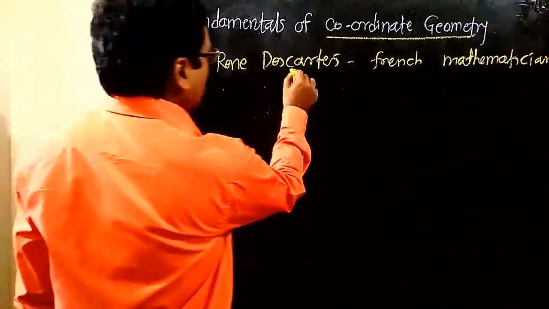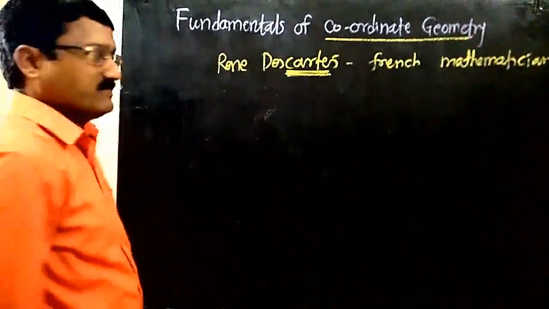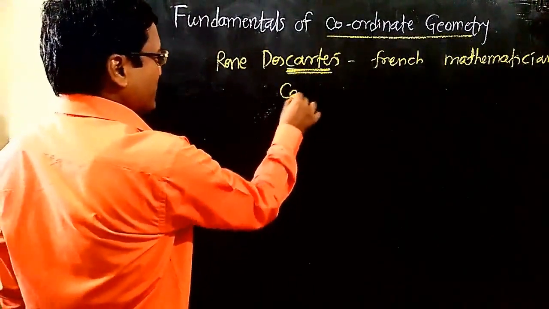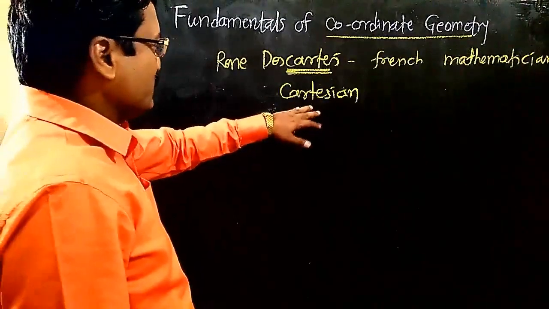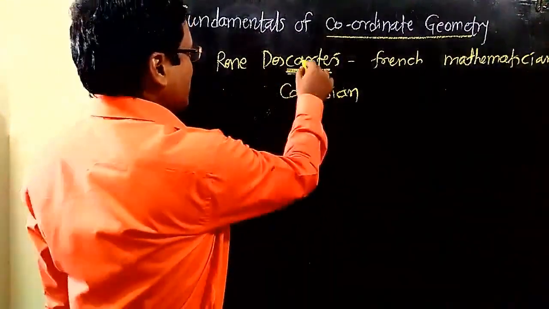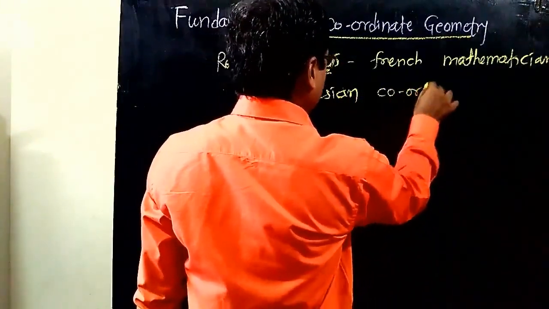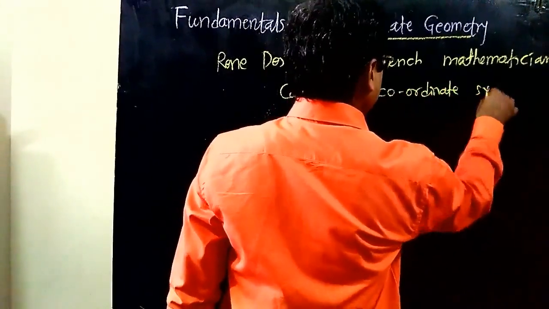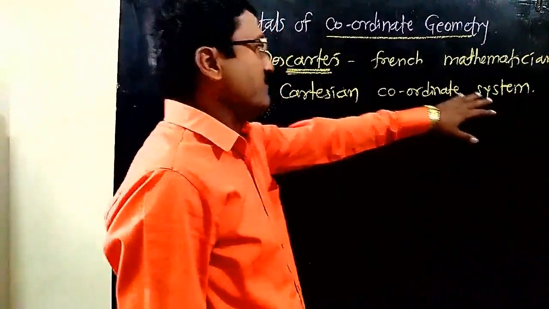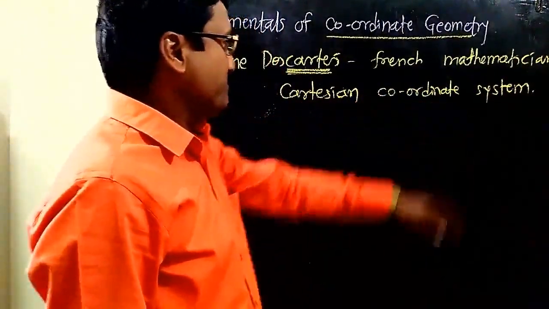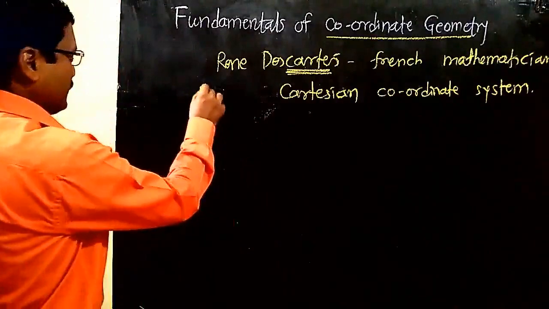So this René Descartes, we always use this name, Cart. Have you heard the name Cartesian? This Cartesian word is from this René Descartes, this Cart. So Cartesian coordinate geometry or Cartesian coordinate system. I think you have heard this Cartesian coordinate system. We will see how is this Cartesian coordinate system and its further points. Let us see that Cartesian coordinate system.